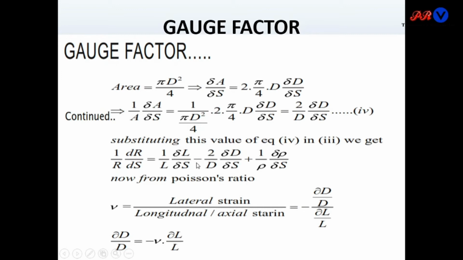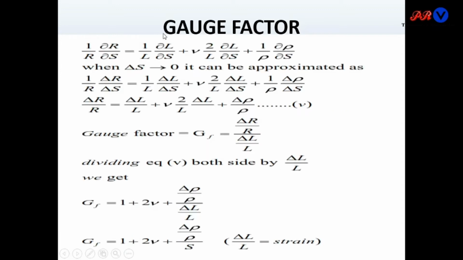So this minus sign will become positive in the next equation. This holds when delta S is very small, meaning a very small change in the strain or stress. Then this equation can be converted into a simple equation,